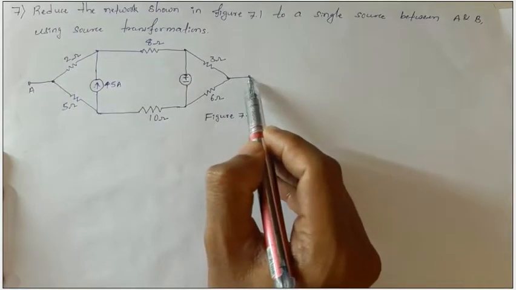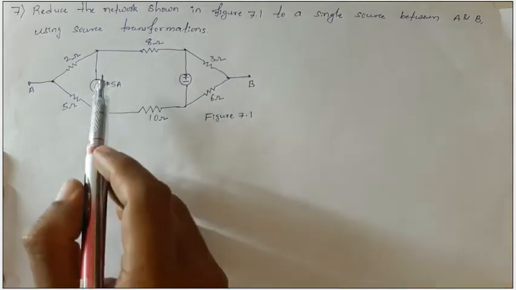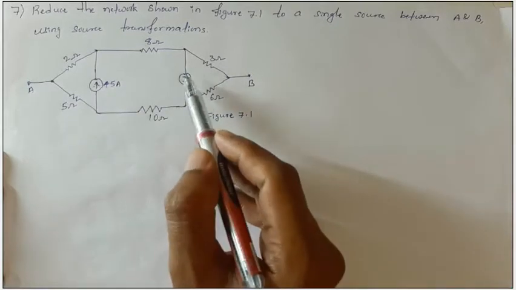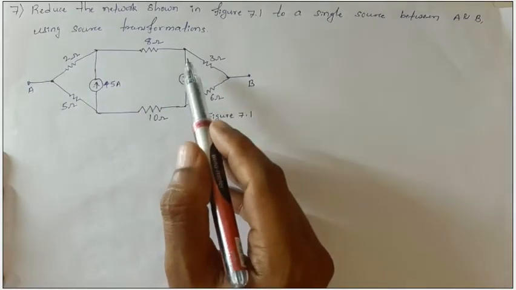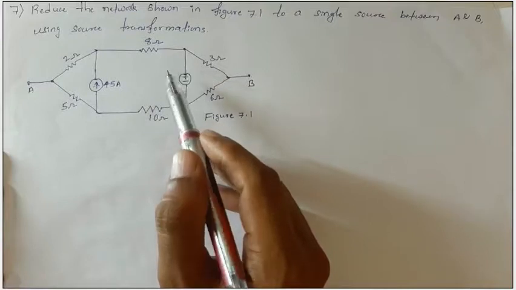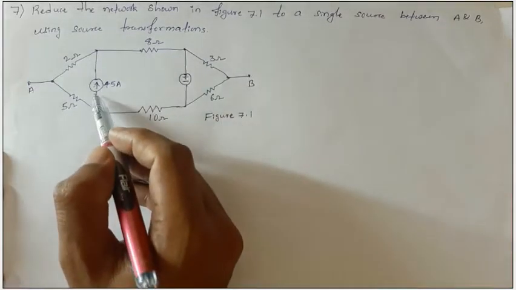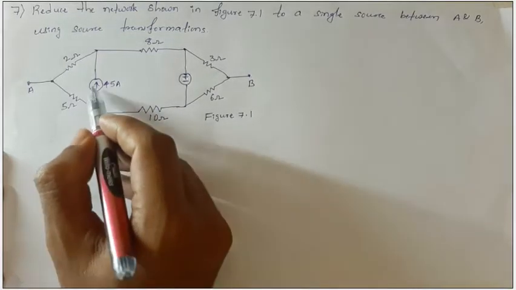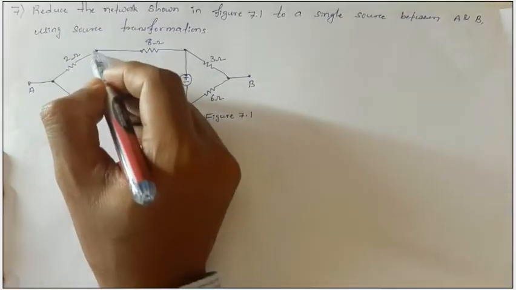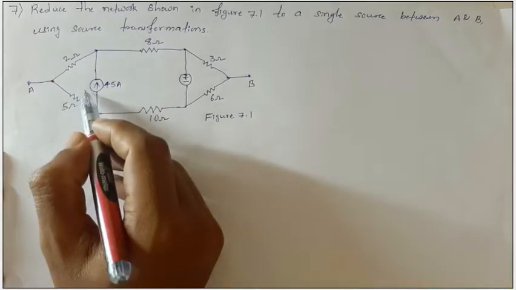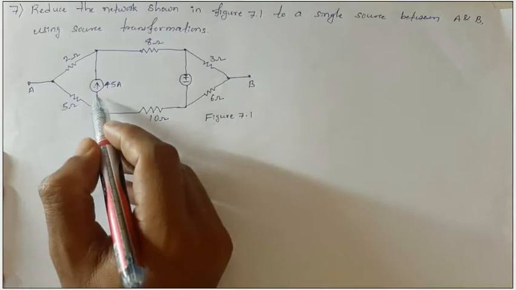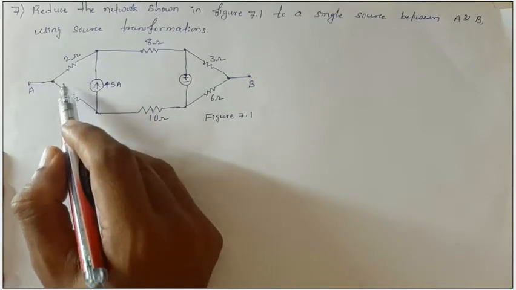And here, dear students, we don't have any parallel resistance with this current source and we don't have any series resistance with this voltage source. What we do, we will shift this particular current source through this node A. As this current source is leaving this point and entering here, after shifting also it should leave this point and enter here, but this particular current source should be parallel with some resistor.